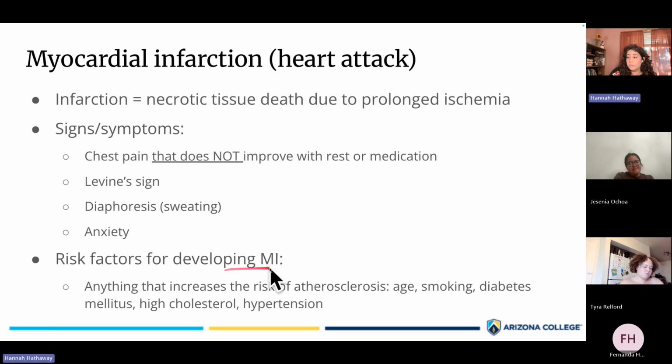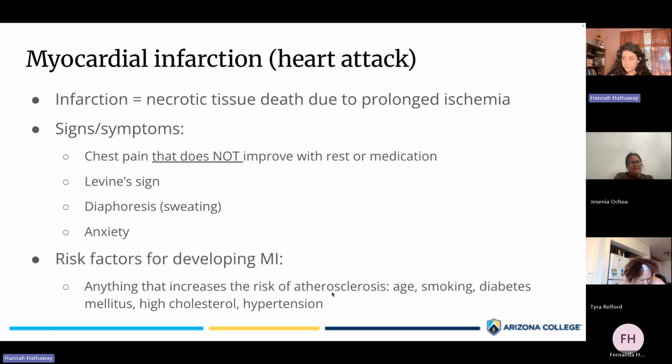And then risk factors for developing myocardial infarction. Usually what happens in a myocardial infarction is you have occlusion of coronary arteries, usually due to atherosclerosis within those arteries. So anything that increases the risk of atherosclerosis is going to increase the risk of developing a myocardial infarction. These are a lot of the same things as your discussion last week with that patient who had peripheral arterial disease. That's a type of atherosclerosis. So same idea: anything that makes it more likely that your arteries are going to get inflamed and then gunked up is going to increase the risk of any sort of artery disease, including coronary artery disease